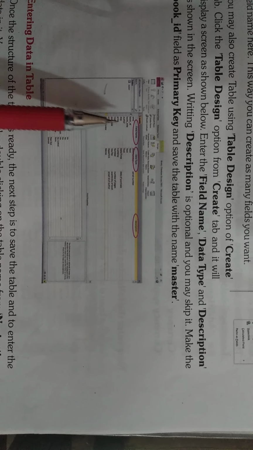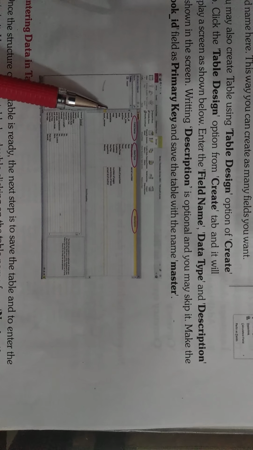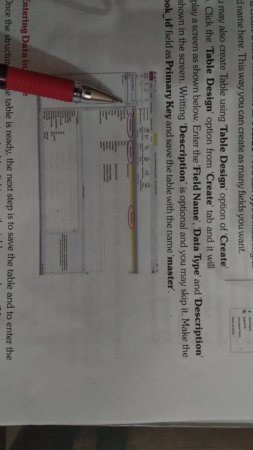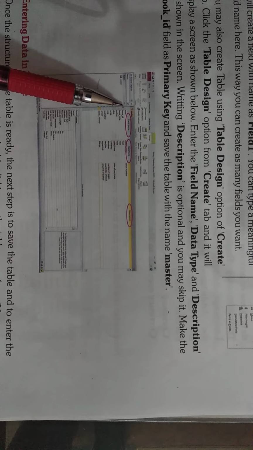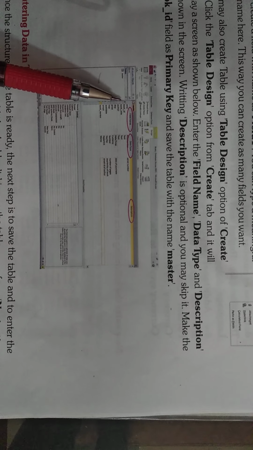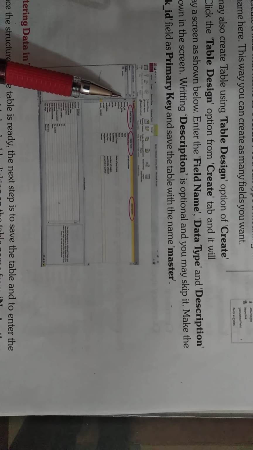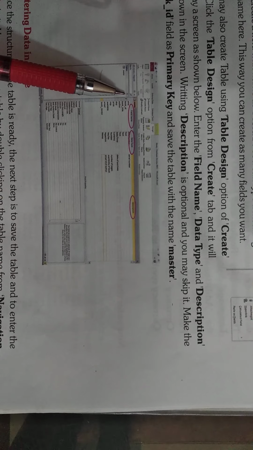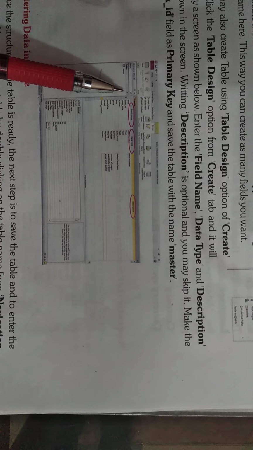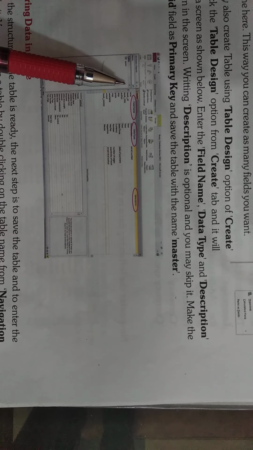Field name, you will enter the name of the field that you want. The column headings you can say. These will come as column headings. I am reading from here. This is SR number. Serial number is written at the first place. At the second place, book ID is here. Okay, and you can see a small key here on the left side of book ID. It means book ID is taken as the primary key by the user.